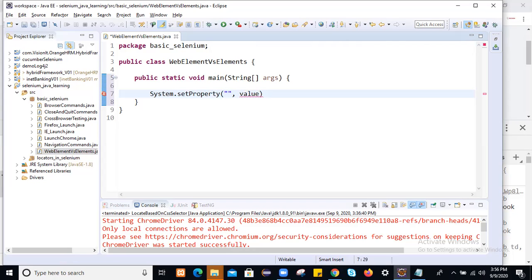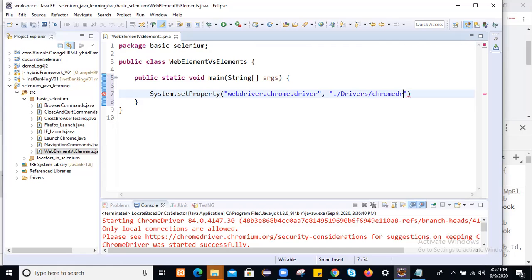We are working with Chrome, so we will use the key webdriver.chrome.driver. This is the key, and the value is where exactly we located the driver. We have kept the driver in the current working directory. We have a driver folder, and in that we have kept the Chrome driver exe.